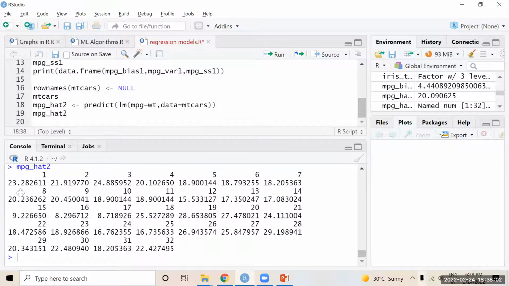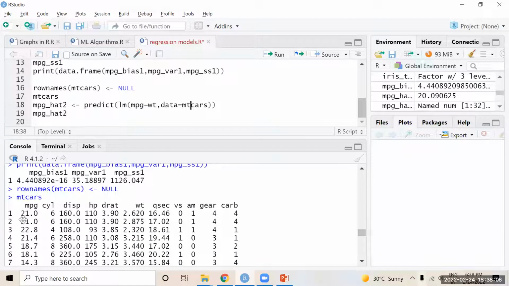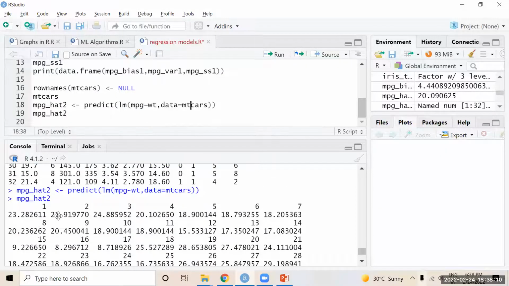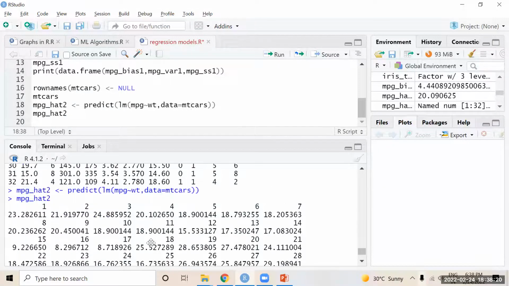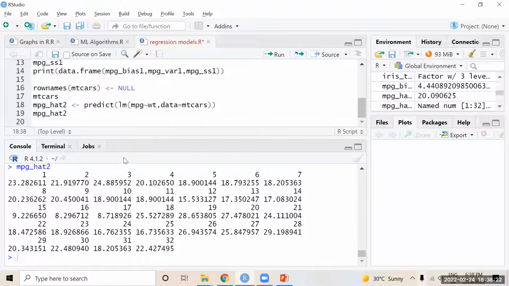So the difference here is 2 only. Now, second observation: if you go here again, it is 21, and the model also predicted 21 only. Here the error rate is 0. But I want to know the average error rate when compared to the actual and predicted values of all the observations. That is more important to decide whether the model is good or bad, or whether I can go for the next model.